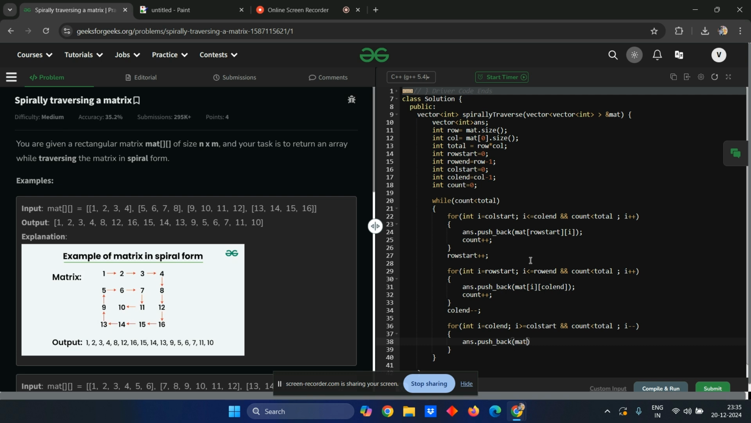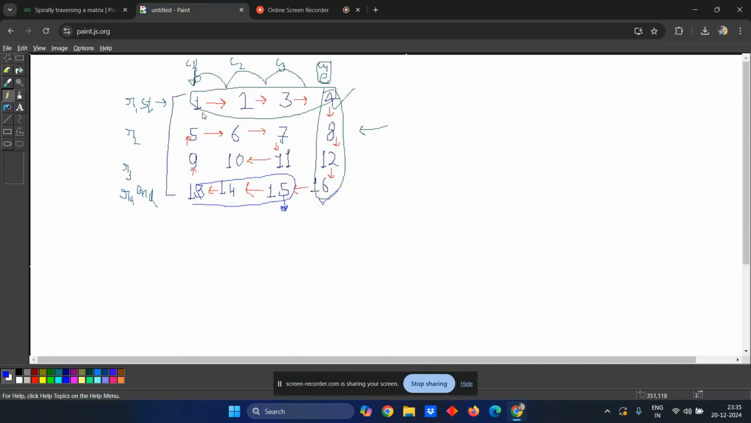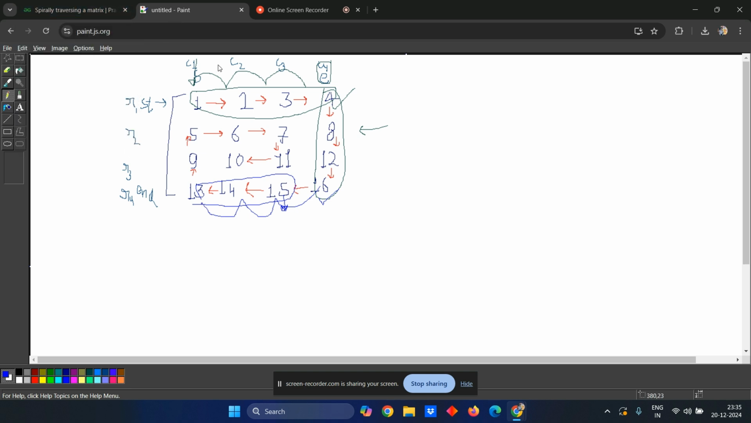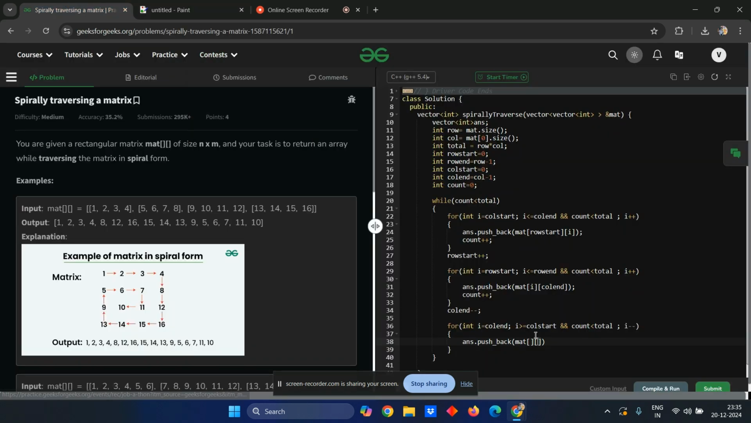and here we have to do matrix of, what is actually varying here? We can say here we are varying the column, not the row, and we are residing in row end. So here we are changing the column i, and here we are considering row end. Once you've done these things, again we have to make count plus plus, and then